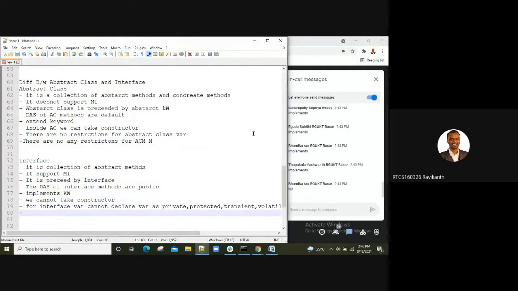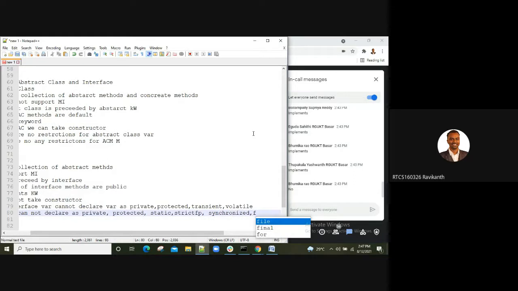Whereas for interface methods, they cannot be declared as private, protected, strictfp, static, synchronized, or final.